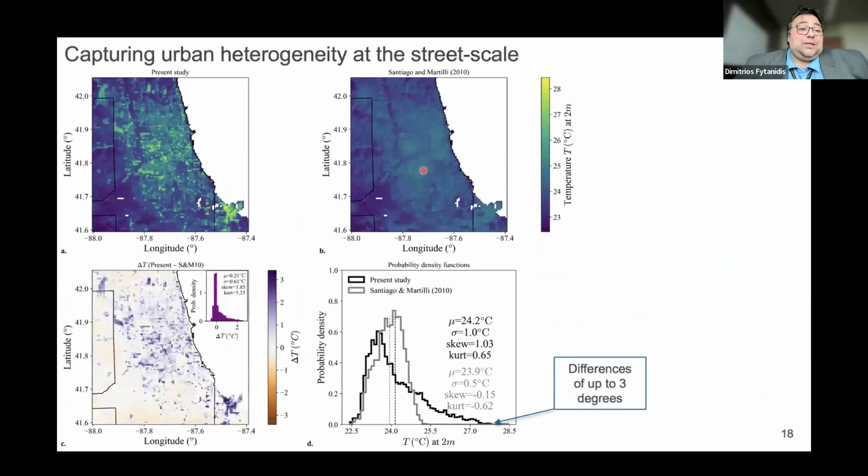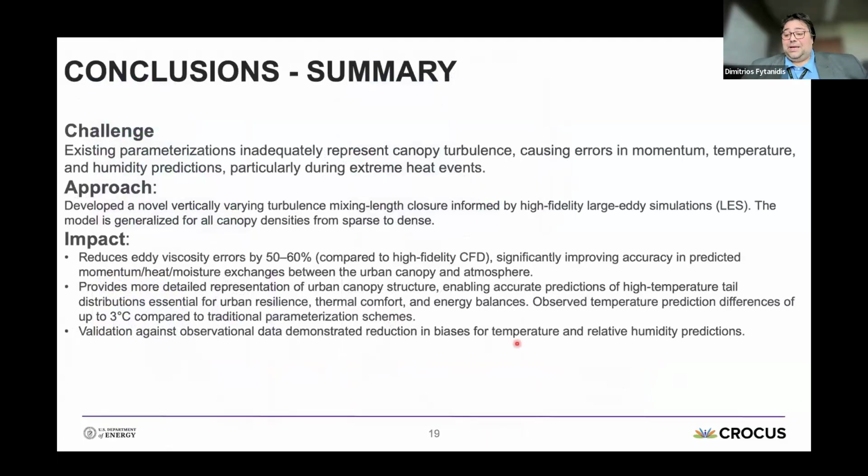Now, what else happens when you introduce this improved parameterization is that the temperature within the urban areas changes distribution. While the average temperature may not change dramatically, we are around 24 degrees, we can see that locally we get spikes and differences of up to 3 degrees when we take into consideration the turbulent phenomenology and the variability of mixing length within the canopy. And with this, I want to